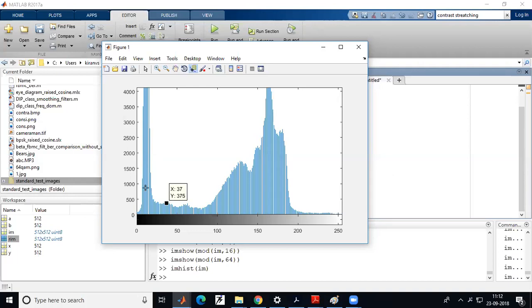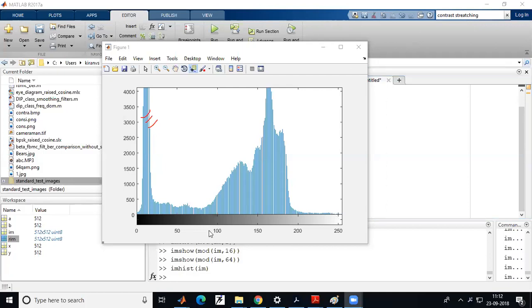And there are some blackest black, right? Around 4000 pixels are there of lower intensities. Got this particular thing, what is meant by histogram. Now if I add all these amplitude values, it should give me a number, 512 cross 512, just like probability. All the amplitudes added from left to right should give me 512 cross 512.